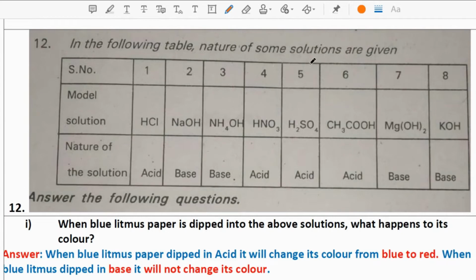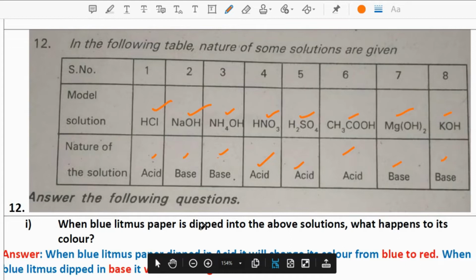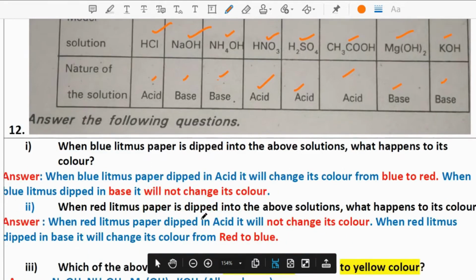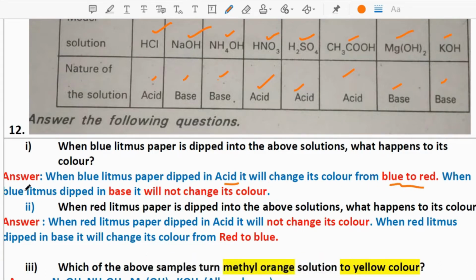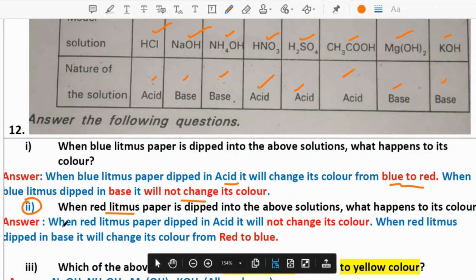In the following table, the nature of some solutions is given, students. When blue litmus paper is dipped into the above solutions, what happens to its color? We all know that when blue litmus is dipped in acid, it will change its color from blue to red. When blue litmus is dipped in base, it will not change color. Second, when red litmus paper is dipped in the above solutions, what happens to its color? When red litmus paper is dipped in acid, no change takes place. When red litmus paper is dipped in base, it changes its color from